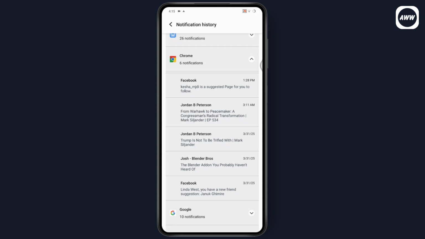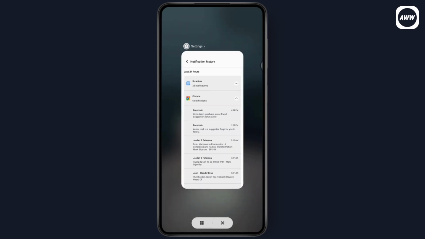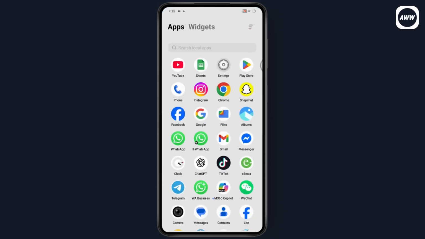Now, even if the other person deletes that message, you will be able to see that message right here under your notification history. So go and check your Instagram notification history and you'll be able to check all of the unsent messages. But if you're not using your Android and if you want to check the unsent messages, then you